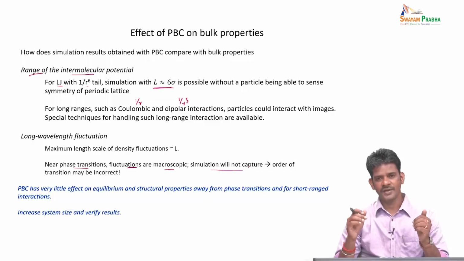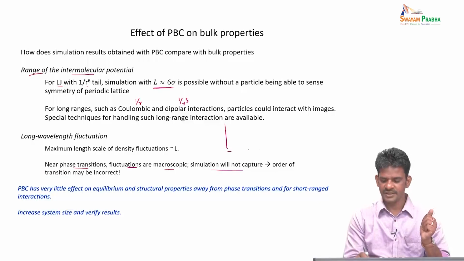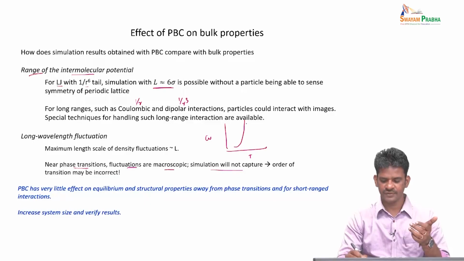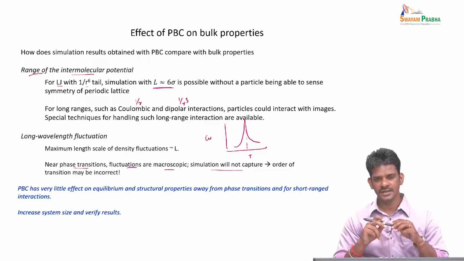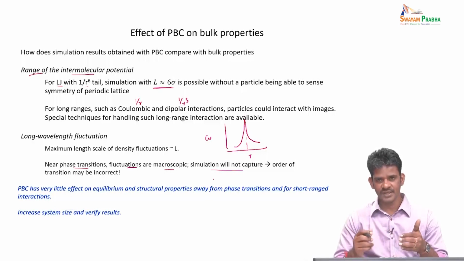So then the consequence of this would be that the phase transition that you study with simulation will be of different order. What I mean by that is, suppose you predict the heat capacity versus temperature. If you're studying a first order phase transition, you expect a divergence of C_V about the transition temperature T. So if you do an experiment, you will see this kind of a divergence of heat capacity at the transition temperature. But when you do a simulation of the same system with the fact that there is a phase transition happening,